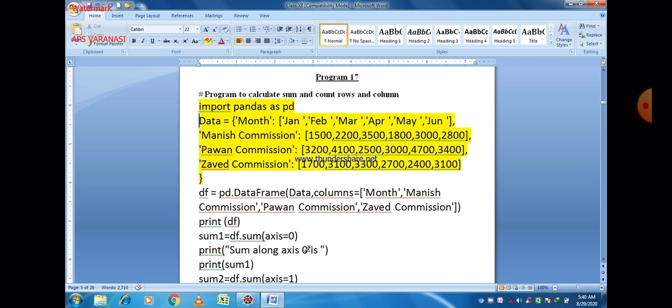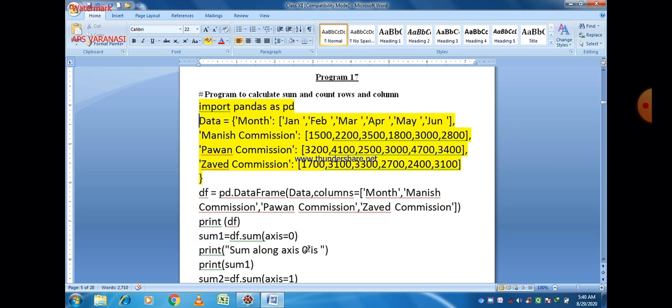In this program you can easily see that the first line is import pandas as pd. Pandas is the name of the library, and we have to import the pandas library. Without this you are not able to create a data frame, or you are not able to use any method belonging to the data frame. So import pandas as pd. pd is an alternative name given to the pandas library. Whenever you want to use pandas as a library, just write pd in place of pandas and then put the dot operator, and after that dot you can write the method name.